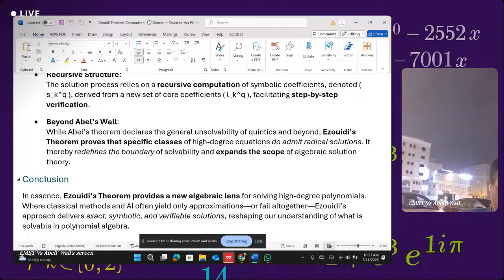Now, what's the mechanism? It uses a novel, radical-based framework. The really fascinating part is how it seems to uncover hidden algebraic symmetries within these complicated equations. Think of it like finding a hidden pattern or structure within the polynomial's coefficients that wasn't seen before. This structure allows the roots to be expressed using radicals, even for these high degrees. It's like finding a key that unlocks a structure we didn't know was there. Another crucial element is its recursive structure. This isn't just a magic